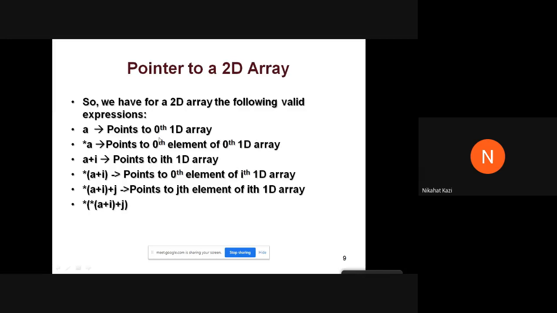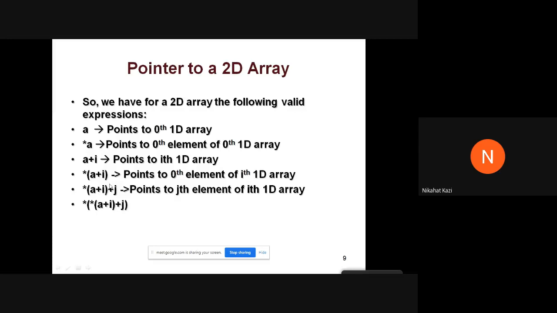So going back to this, if I write A, it points to the 0th 1D array. If I write star A, it points to the 0th element of the 0th 1D array. If I write A plus I, it points to the ith 1D array. If I write star of A plus I, it will point to the 0th element of the ith 1D array.